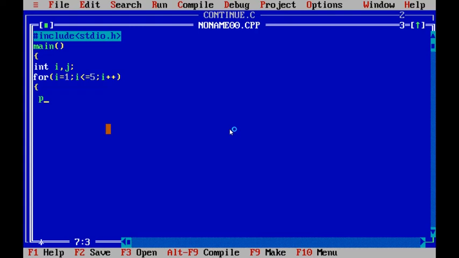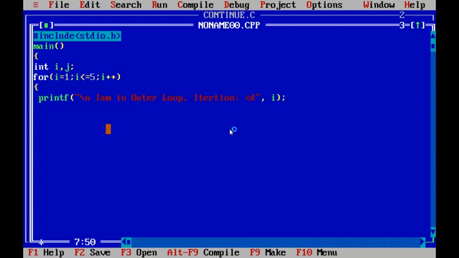Inside this for loop I am writing the printf, double quotes, backslash n, "I am in outer loop, iteration is %d", comma i.